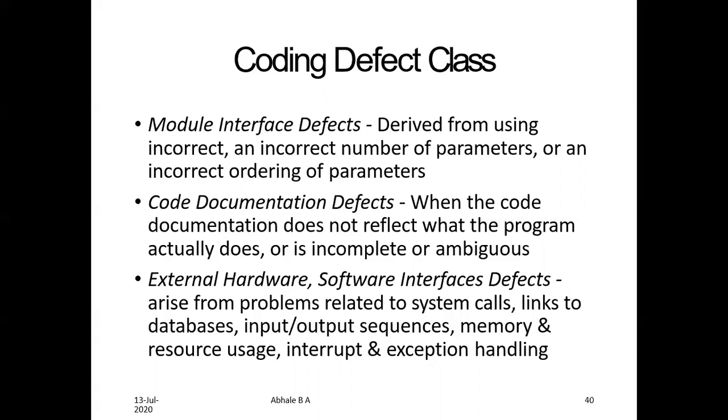So a module interface defect is derived from using an incorrect number of parameters or an incorrect ordering of parameters. Code document defects occur when the code document does not reflect what the program actually does. So you are doing the project report. If in your project report you cannot explain how the flow of your project is in your document, then there is no use of that application. So code document defects occur because of this. External hardware and software